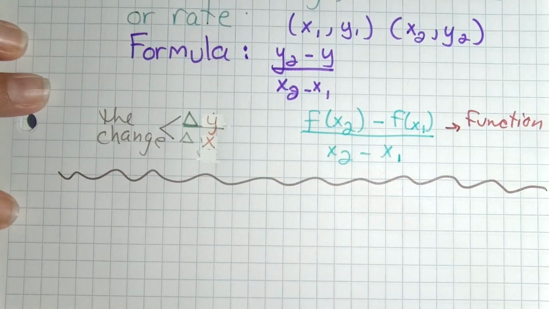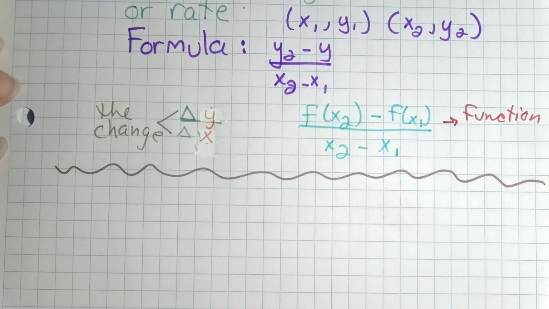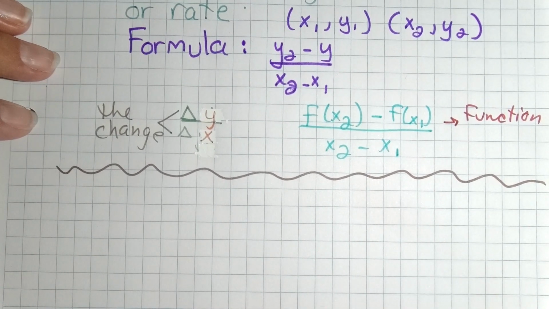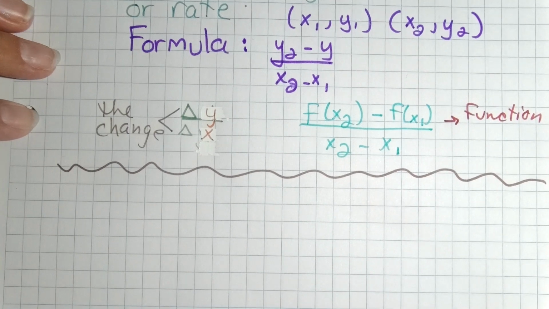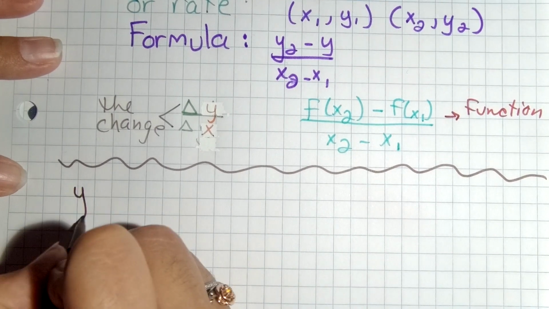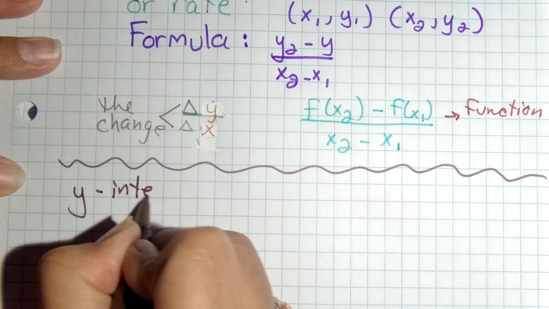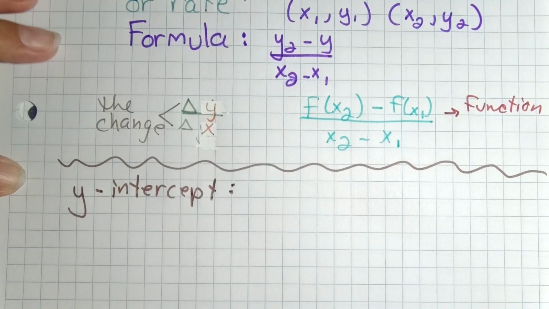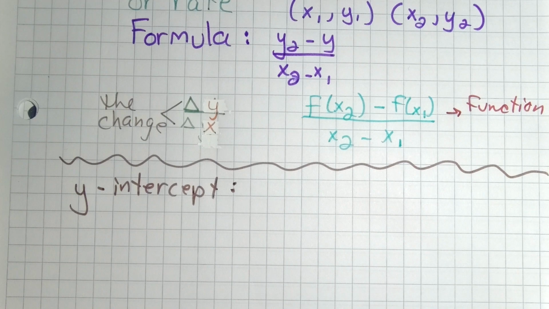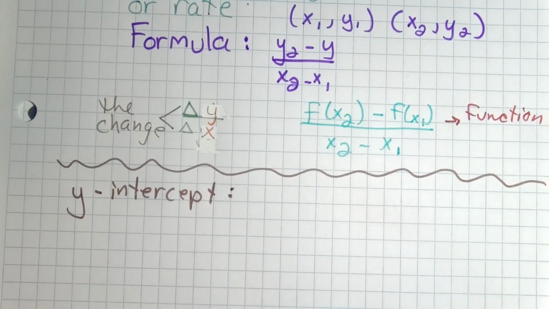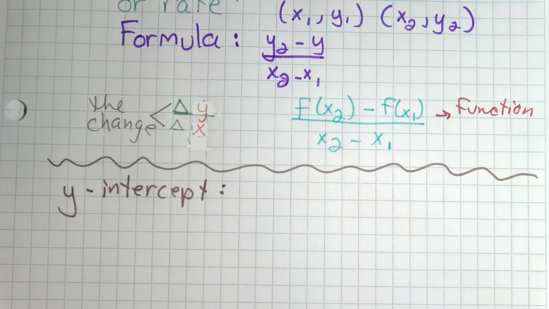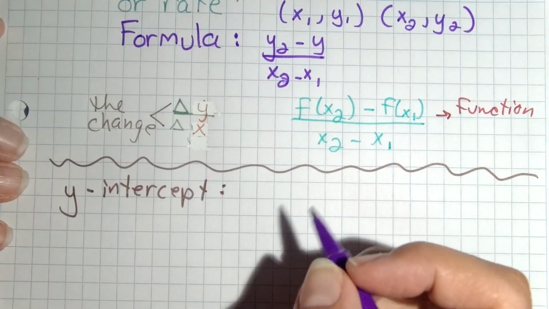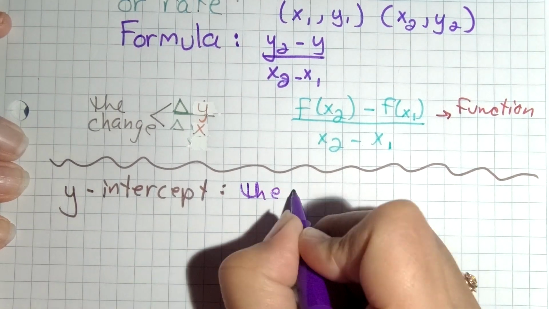Okay, that's it for slope. We have a few more review vocabulary. Y-intercept. Does anybody remember what the y-intercept is? Definition? Nobody? Bueller? The y-intercept is the point